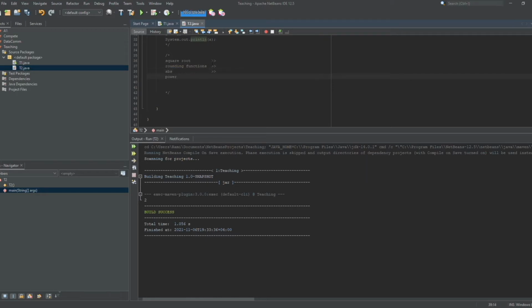Basically what you need to do is use math.sqrt, then for example let's say 25, and this would basically give you the result of the square root of 25. What we're doing here is basically telling Java, go to the file that is called math, and from